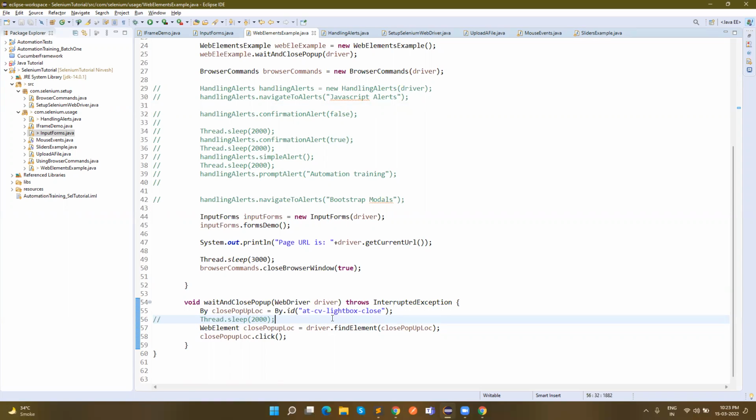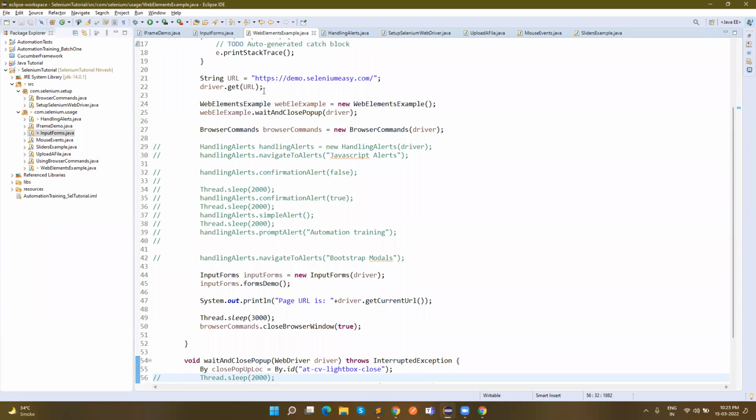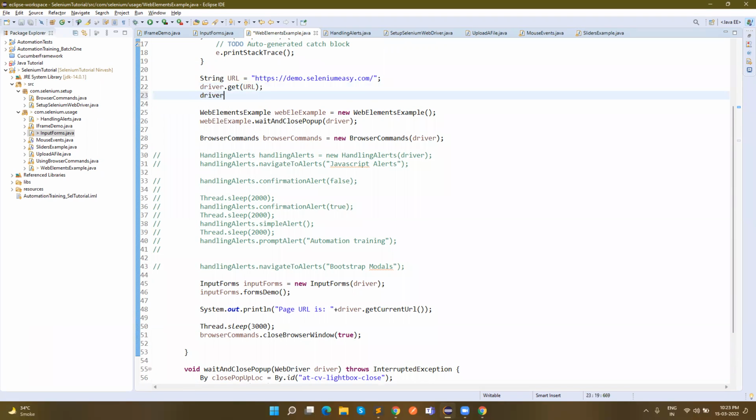Correct? So what we can do, we can define the wait at the page level or at the class level, at the page level or at the script level, right? So this implicit wait is applied on all the web elements. So as soon as we launch the URL, we perform this driver.get URL, we write this